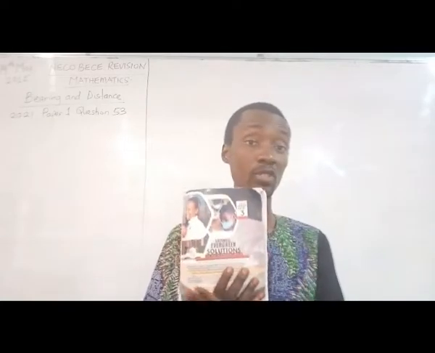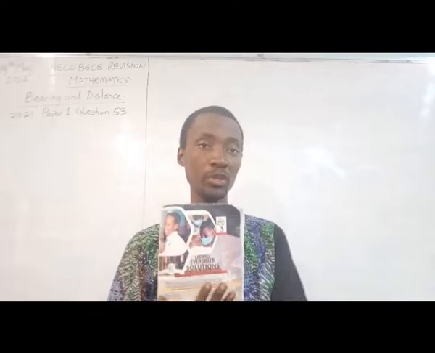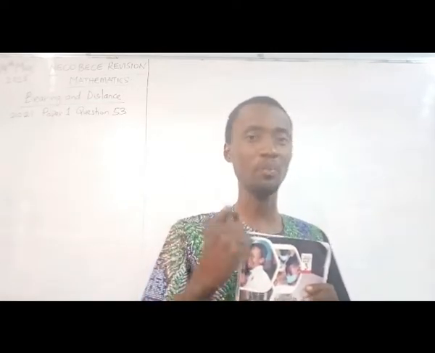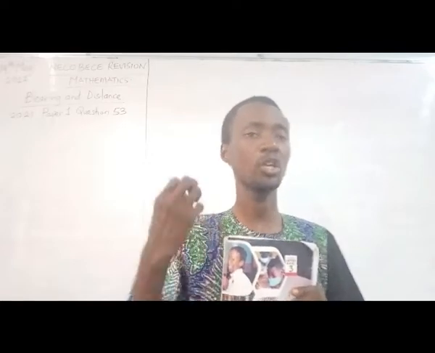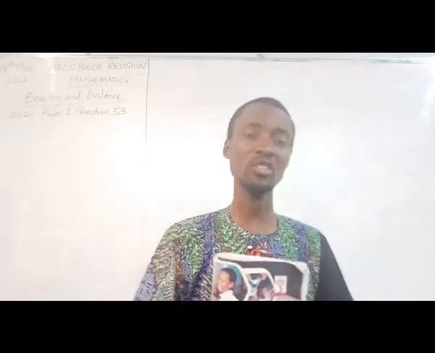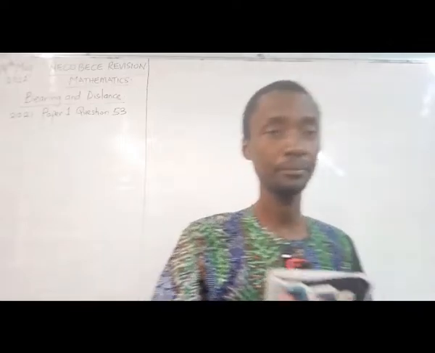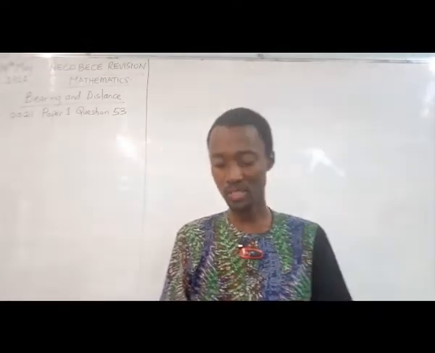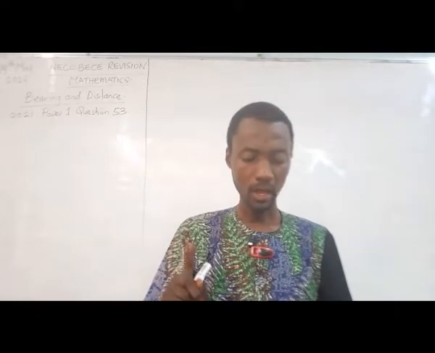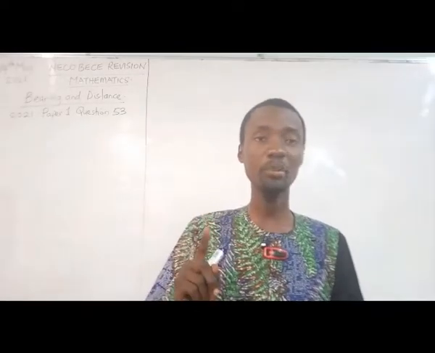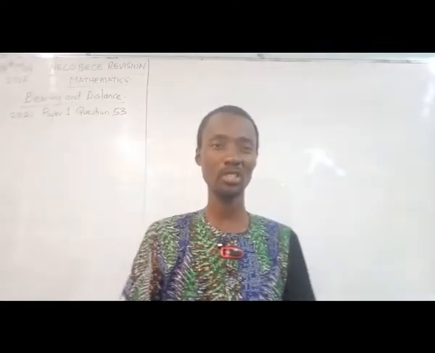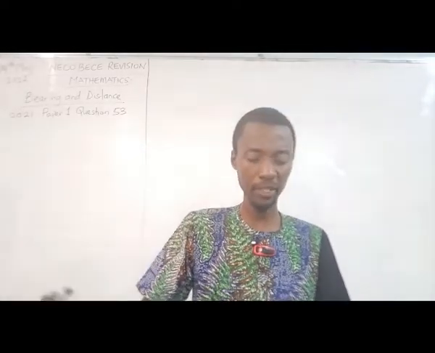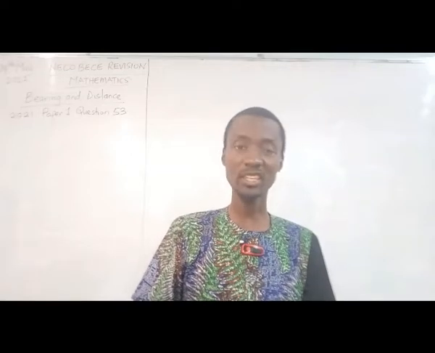So this is the textbook we'll be using, or the compilation we'll be using. You can also do well by maybe using your question paper. If you have the past question papers, you can also use them. Some of these questions you can actually download online. The question says a boy starts from a point A and walks 4 kilometers due east. You must have a sound knowledge of your cardinal points. To another point, what? B. He then changes direction